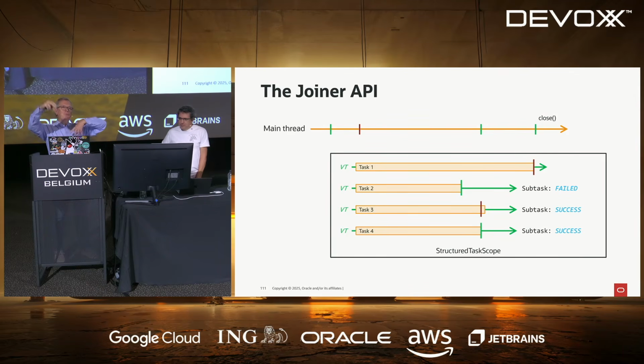So this is the way the joiner is working. The main thing you need to keep in mind is that onFork is called in the main thread, and onComplete is called in all the virtual threads. So if you're doing some kind of mutation in onComplete, you need to keep in mind that first it will be subject to race conditions, so you need to protect yourself against that. And second, it will be more expensive than doing it in onFork, because you will have synchronization and visibility to fix. So this is how this joiner is working.